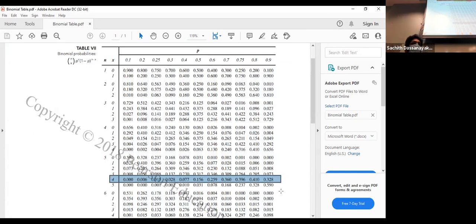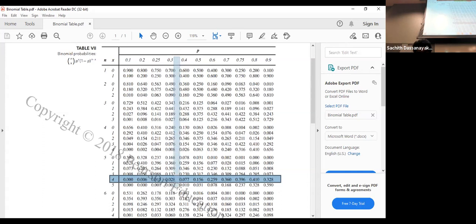So your probability value is 1/3, which means 0.3333 something. But you can see on the top, there are no values like 0.333. You have 0.3, next 0.4. So your 0.333 value is in between 0.3 and 0.4, right? Using this table you cannot find the exact answer, but I'll show you how to deal with that. So your answer is somewhere here.